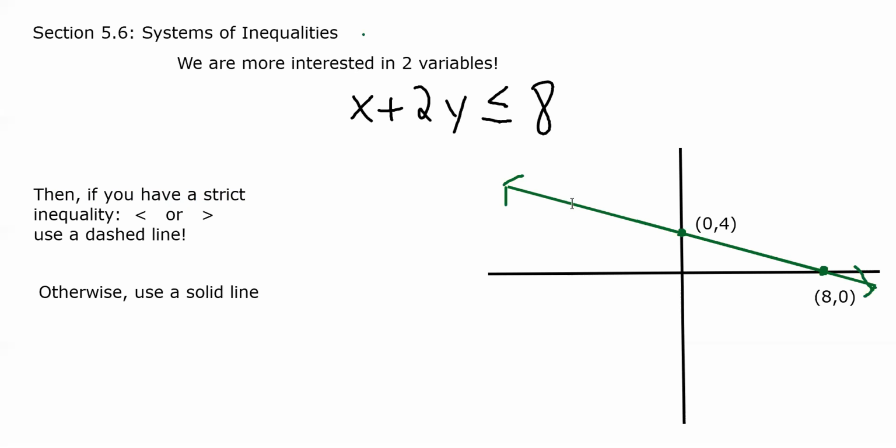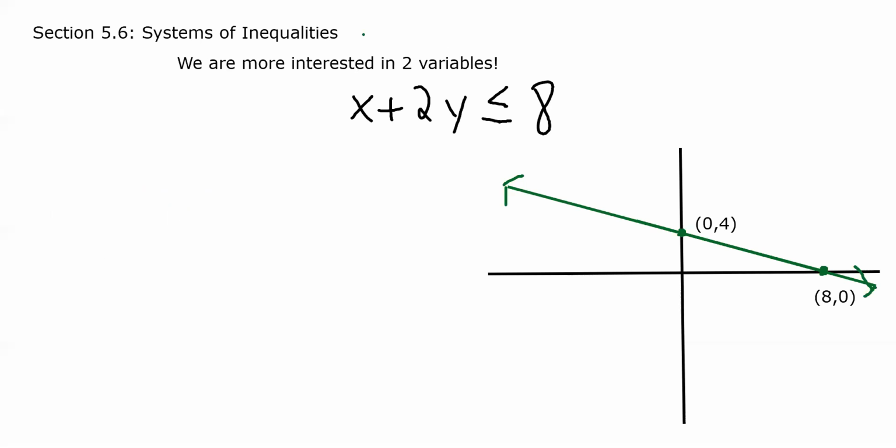So we've graphed the line. We've decided that it should be a solid line. Finally, we have to deal with the shading. We are going to end up graphing either the entire